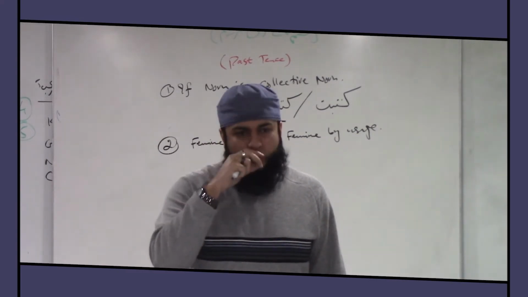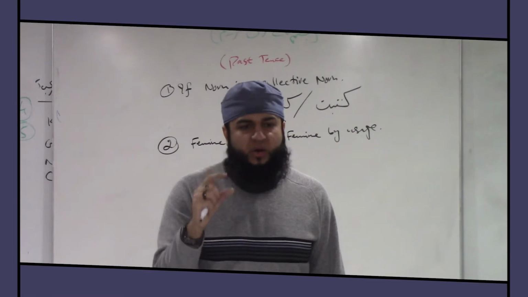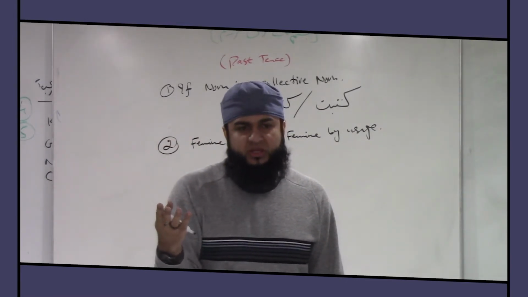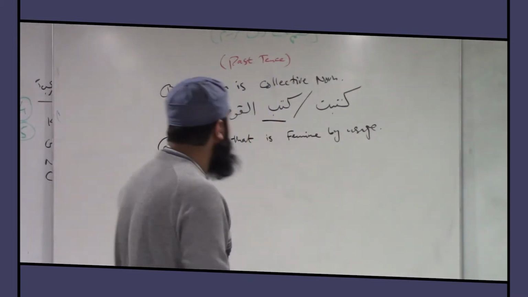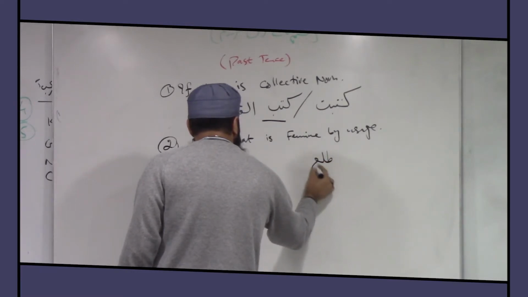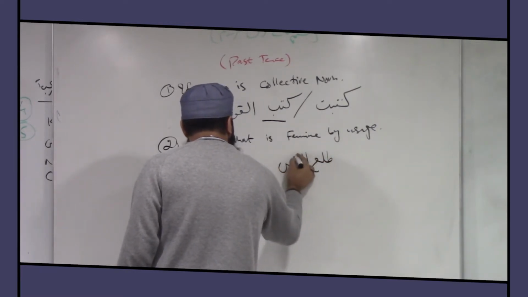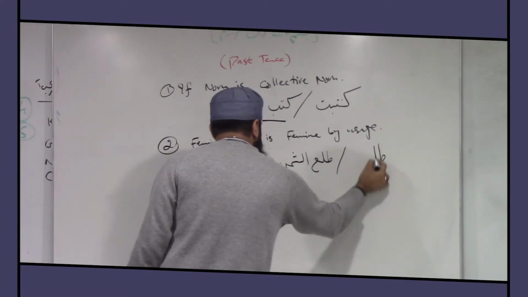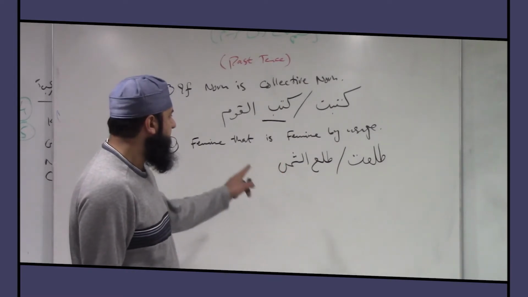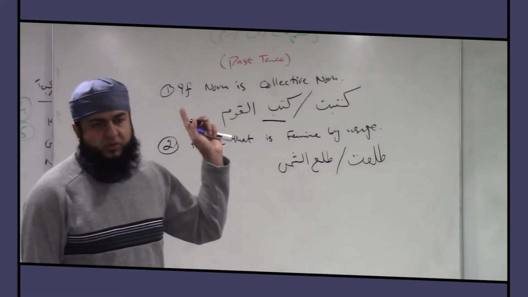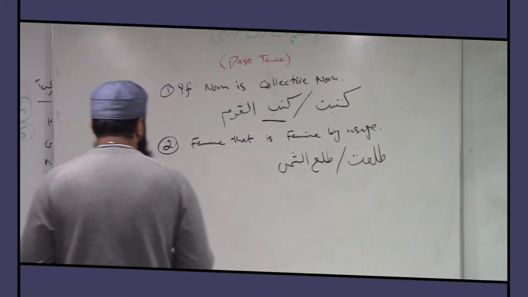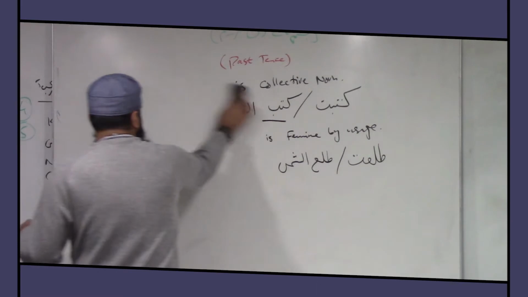But there are some other groups. So if the noun is from one of these as used by the Arabs, it's considered feminine, so you can use both. So if you want to say the sun, you can say Tala'ash Shams, or you can say Tala'at Shams. Whenever it is feminine, like we say Muannas Samai, it's a Muannas Samai, then you can use it this way. So these are 2 conditions. What are the next 2?